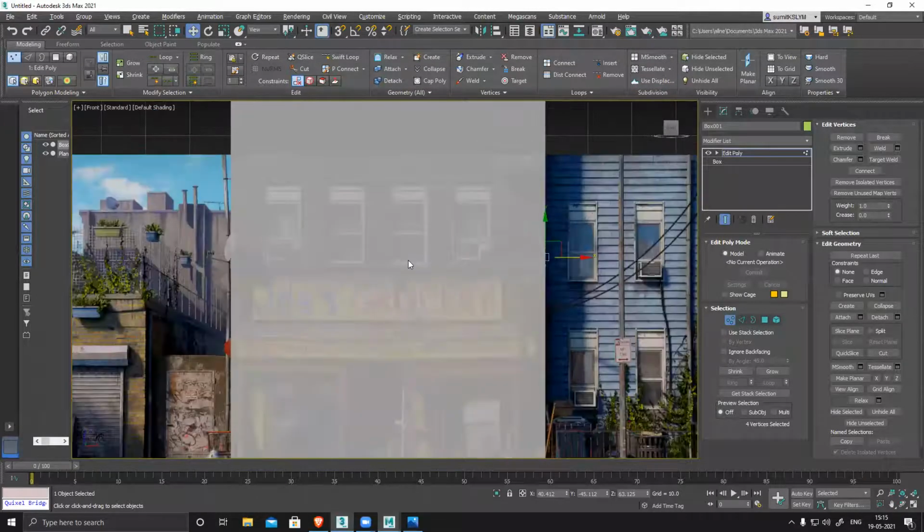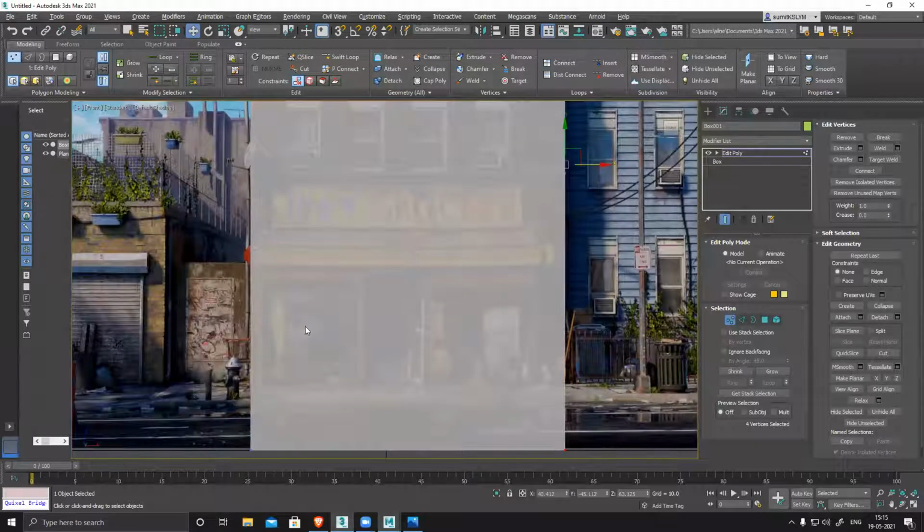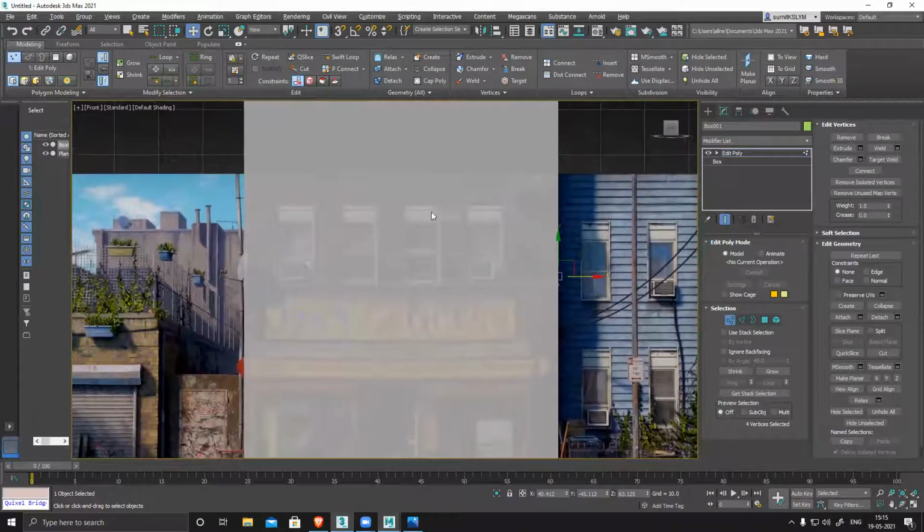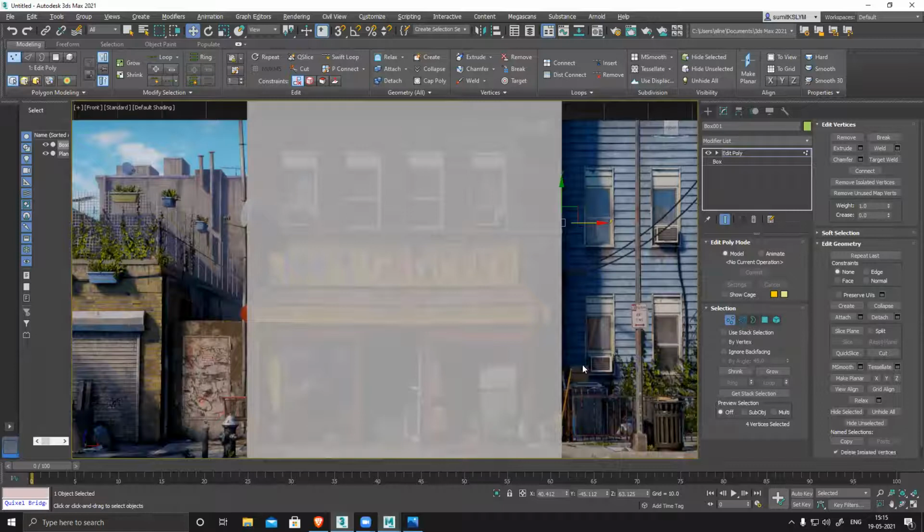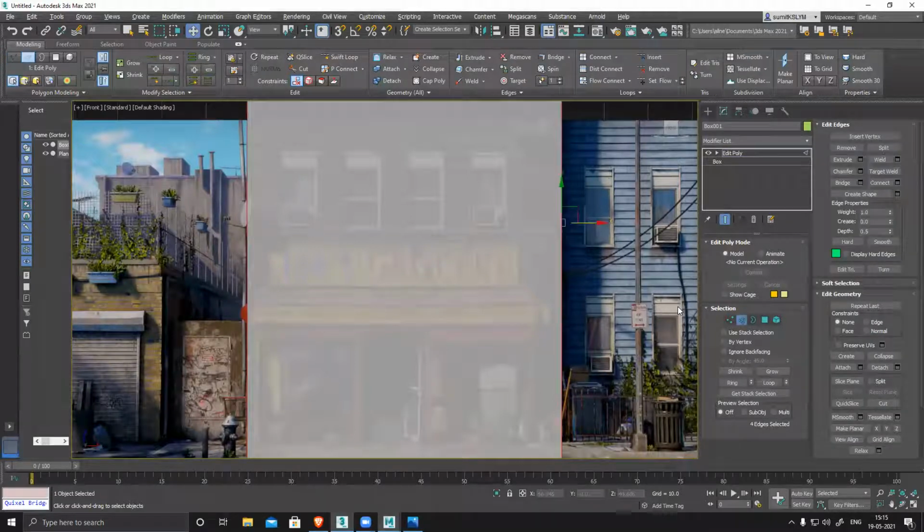So here you can see now, for the ground floor you have the first floor, and there is another floor which is not visible. So I need to create this. So I'll select edge mode, create this. You can connect it and move it down somewhere.